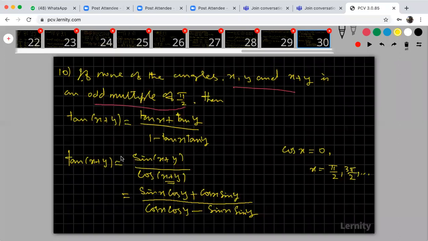Now look at that. We are going to prove this, where this is tan x and this is tan y, but here only sin x is there. Now look at the important condition here. In my right hand side identity, in the denominator, the first term is 1. But here my denominator's first term is cos x cos y. So therefore, divide the numerator and denominator by cos x cos y. I repeat, divide the numerator and denominator by cos x cos y. Okay, so then what happened?